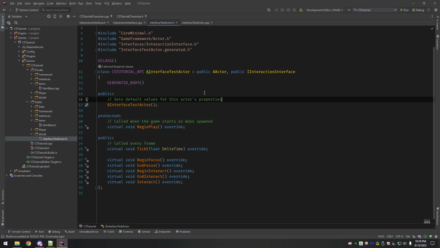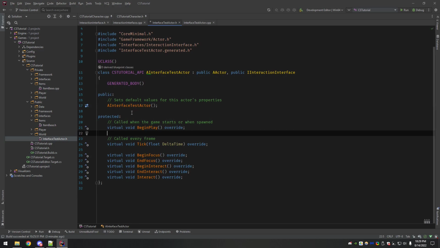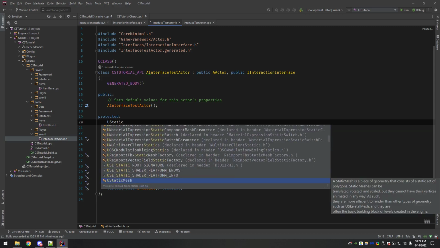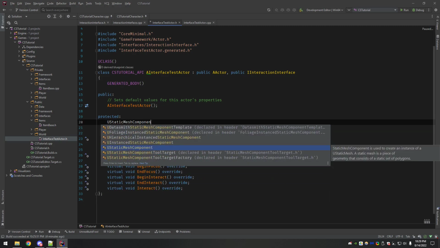I'm not going to bother with cleaning this up too much just because it's just a test, but I am going to at least delete some of the redundant public, private, protected specifiers. Now we can put this in protected.